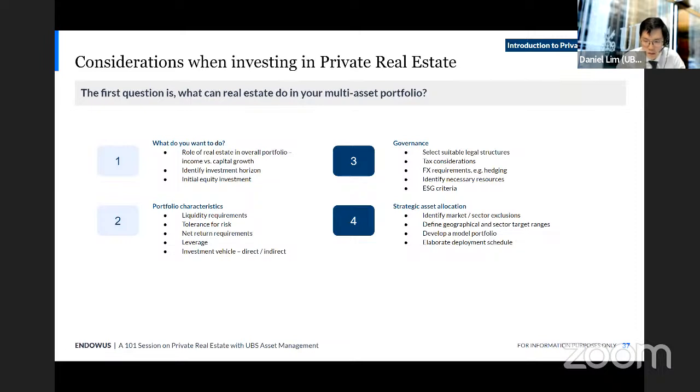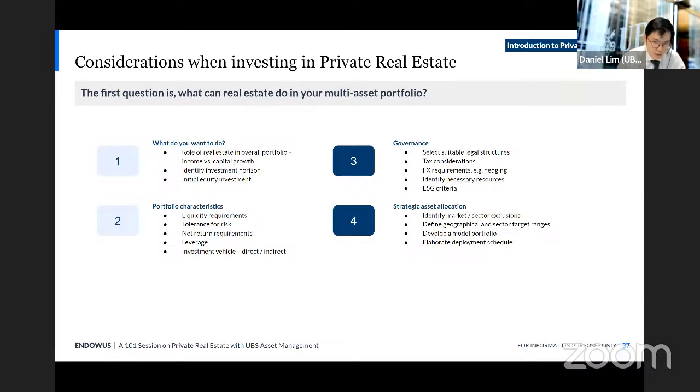But as you take on more risk, as Gus talked about earlier, when you do value-add and opportunistic investments, your returns are going to be primarily driven by your capital return component. And these capital return components, when you're doing refurbs and constructing new buildings, take several years to complete. So you do have to have a longer horizon to take on that kind of risk for it to make sense for you. And lastly, on point 4, I really wanted to focus on that last dot point, which is on the deployment schedule.